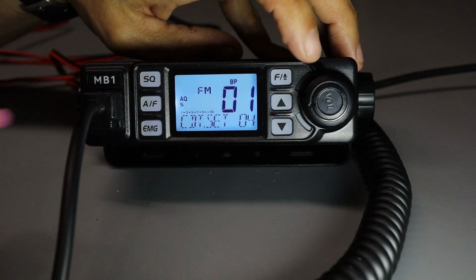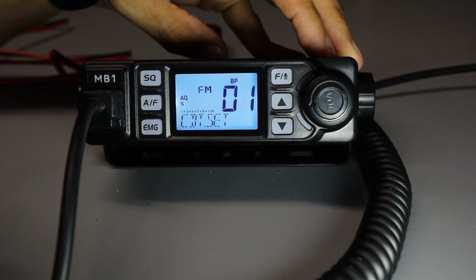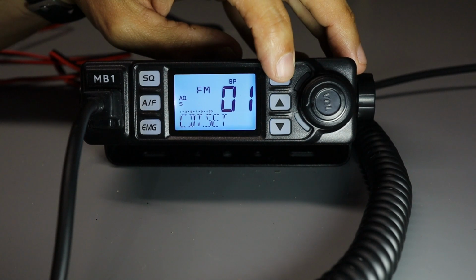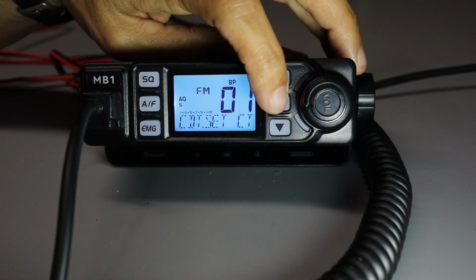Each of the numbers down here correlates to a CTCSS tone. There's a lookup table in the manual. If you don't happen to have your paper copy handy, I'll leave a link to the electronic version down below. Now in this case, I'm just going to select 3. I'll short press the F key again to write that to memory, and then I can move on to the